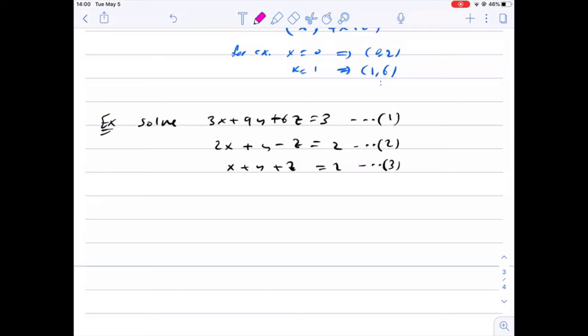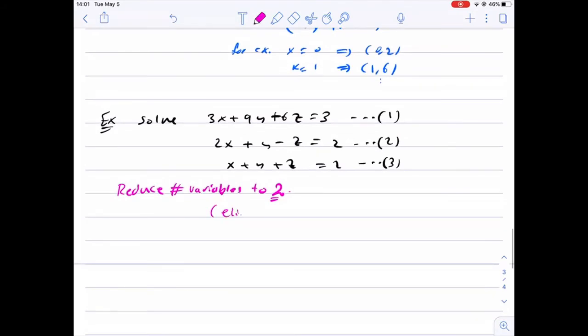So how can we solve this type of problems? We have 3 variables, so we try to reduce the number of variables to 2. Now how to do that? We want to eliminate one variable. Let's eliminate z. How? Let's take